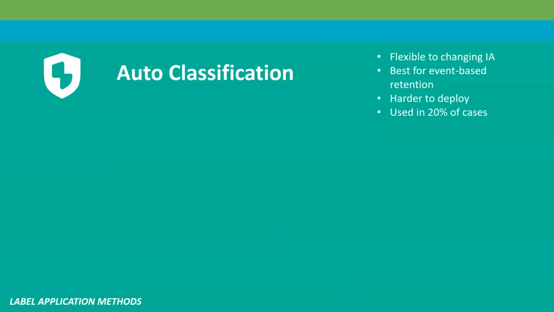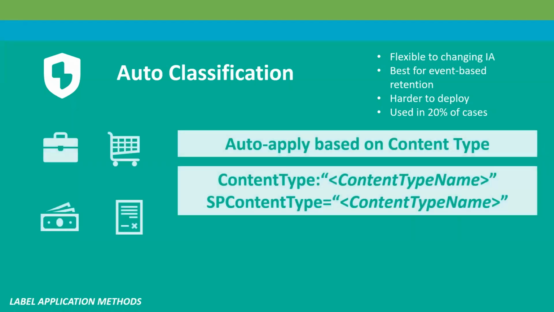All right, now the auto classification is harder to deploy, and we try to use it less, around 20% of our cases, but it can be used for event-based retention. That is why we do need to use auto classification. And in order to deploy auto classification, you need to know either Microsoft's keyword query language, otherwise known as KQL, or understand the sensitive info types and other ways to trigger the auto